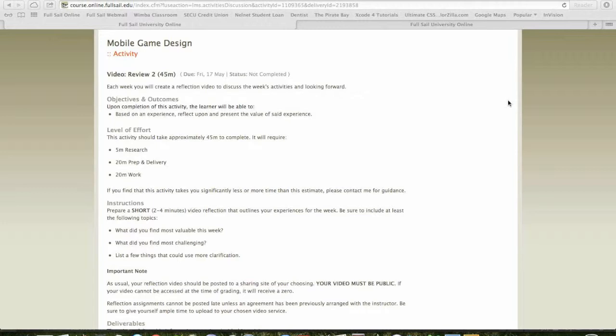List a few things that you could use more clarification on. I was looking into another way of how to detect collision by using Box2D, and it's basically a physics library for Cocos 2D. It's a separate thing, and just trying to understand and grasp the concepts of that would be nice to learn a little bit about, because it looks like that is the specific library that is